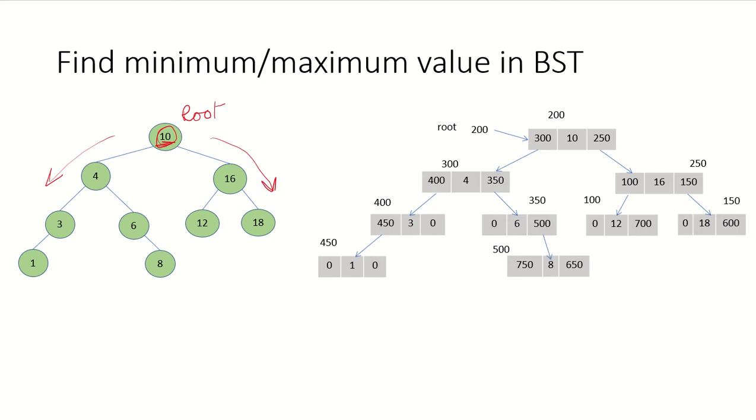We are going to assume that each node of the binary search tree is represented by a structure like this, where we have some space for the data, and we are assuming that we are storing integer data. There will be a pointer to the left child and a pointer to the right child. We also know that any tree can be accessed through its root pointer. So if the root node is at address 200, the root pointer is going to store that address 200, and through this address we will be able to access the tree. So let's see how we can find the minimum value.